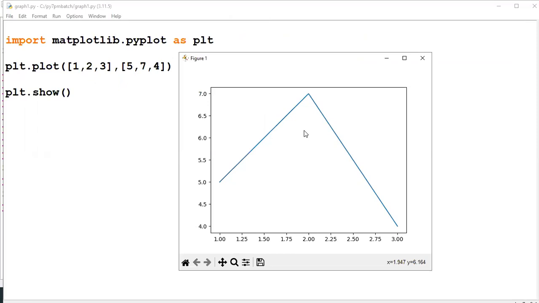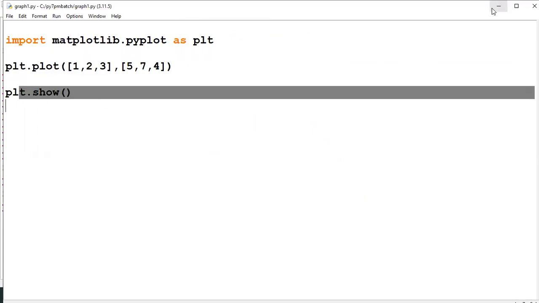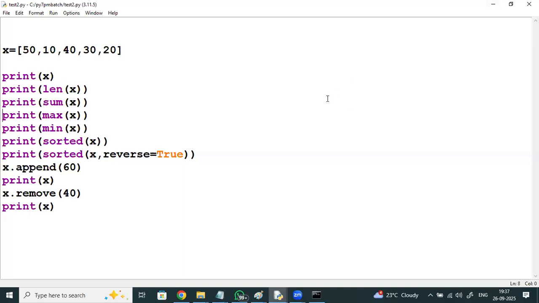Okay, so this is how simple generating a graph with 2 lines is. Plotting, these are the x coordinates, these are the y coordinates, plt.show, right? Yes.